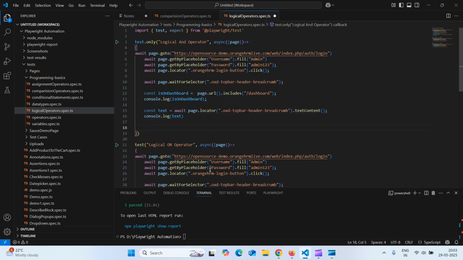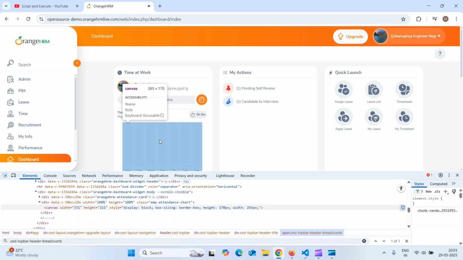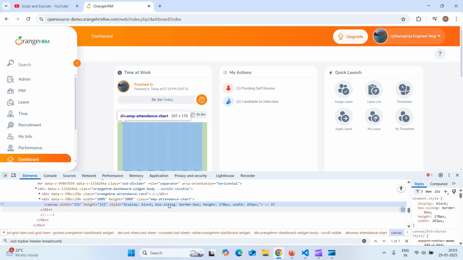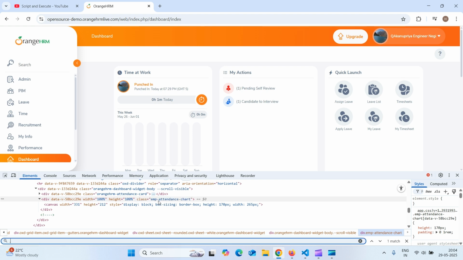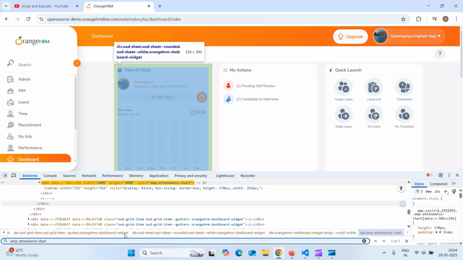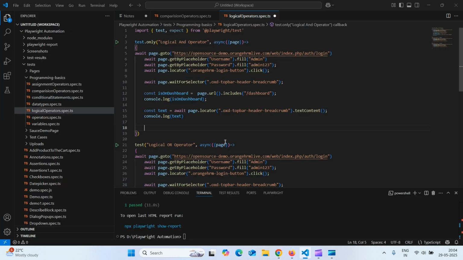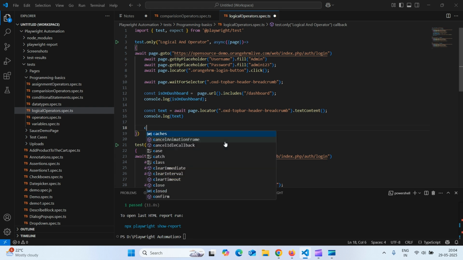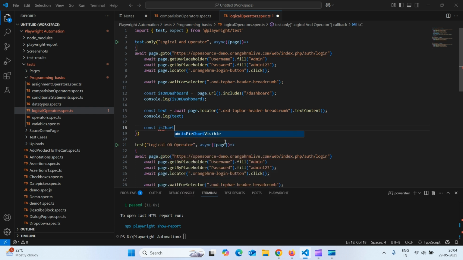So what is the third condition? Third condition is this chart. Let us inspect. So it has class AMP attendance chart. Okay, it has one matching element. Let us take this. So here we want to see it should be visible. So const is chart visible